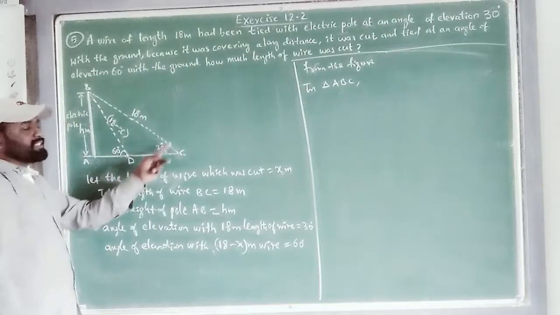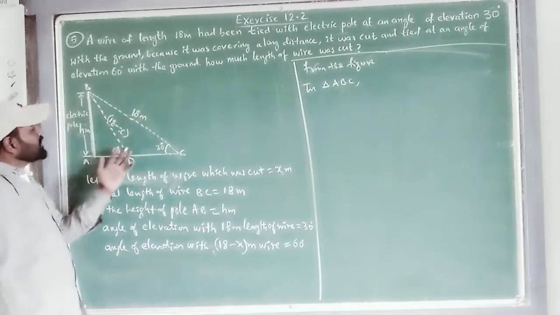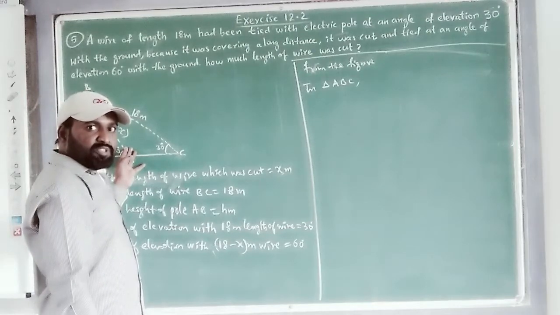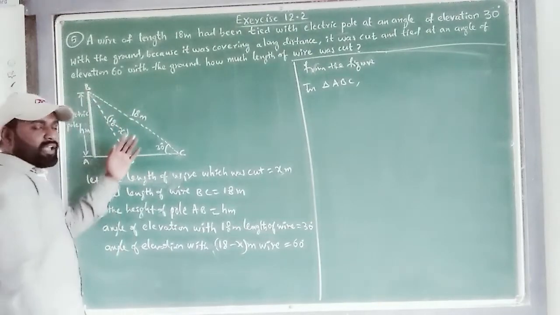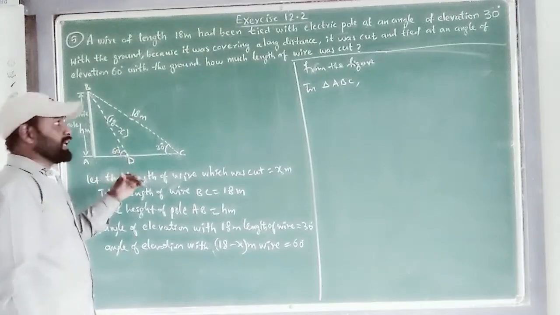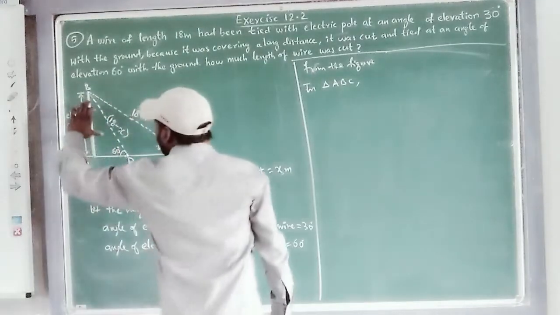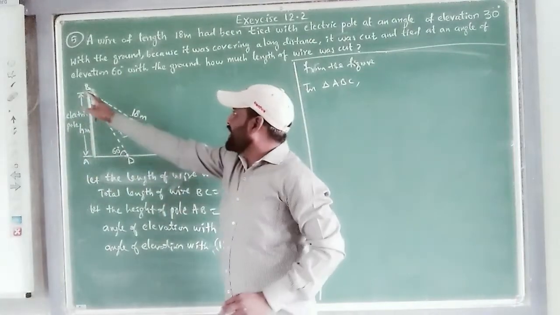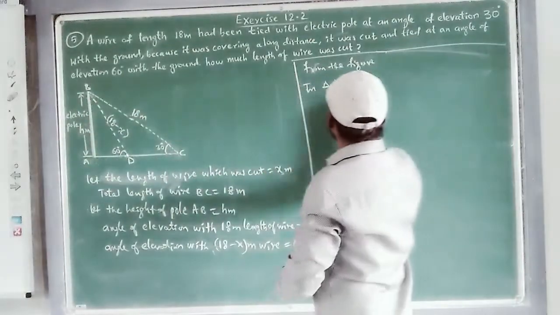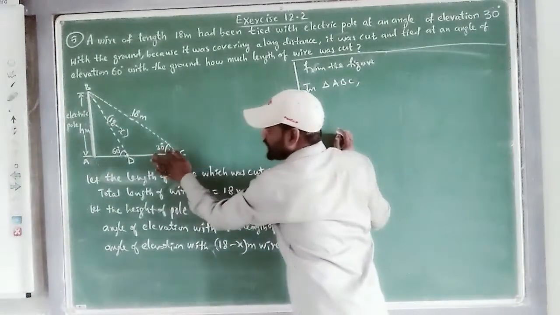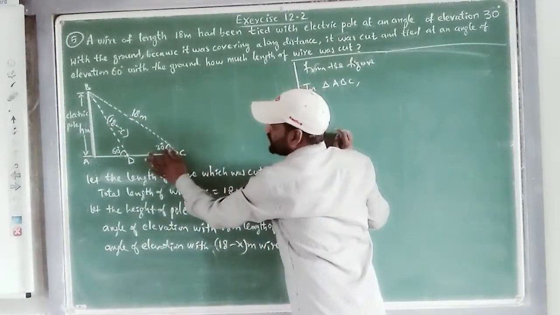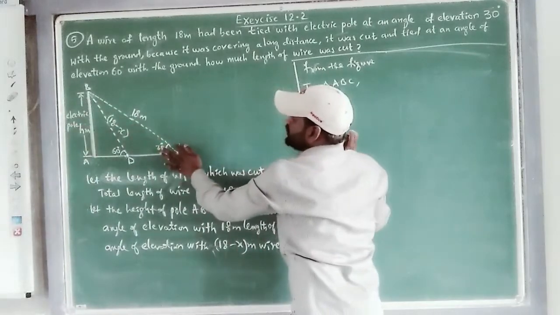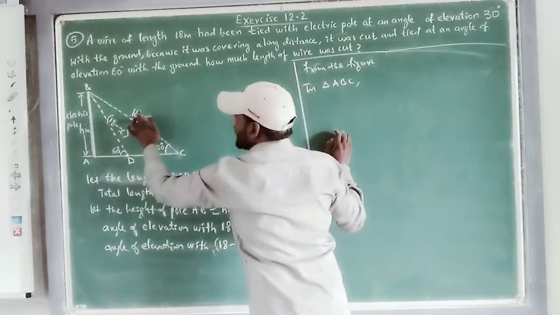Now the total figure is completed. By utilizing this figure and assigning the trigonometric ratios which are required, we can find exactly the value we need. First of all, to find the height of the pole, I am using triangle ABC. In this triangle, with respect to this 30 degrees, this is the opposite side. This is the hypotenuse. The right angle's opposite side is the hypotenuse.